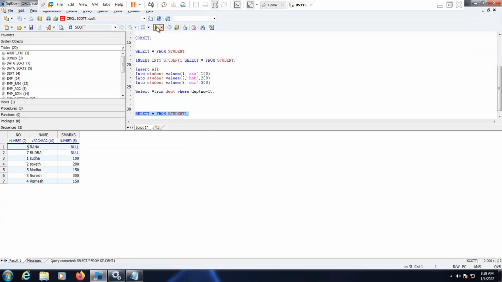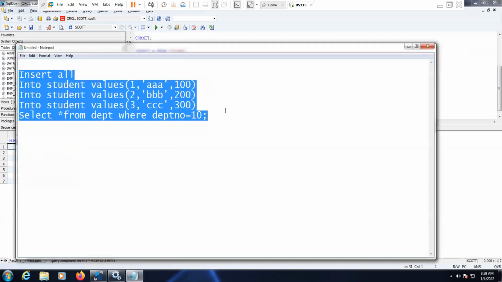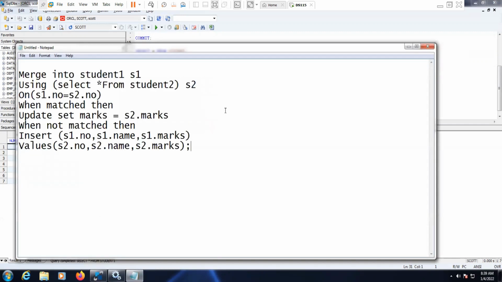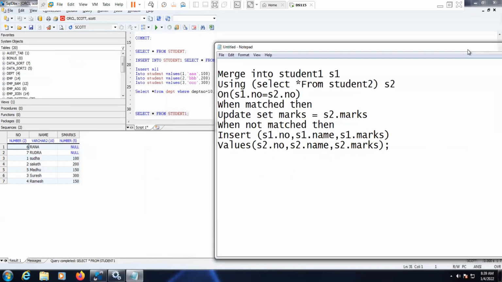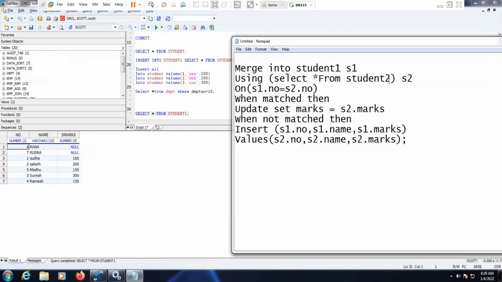Okay, so what you can do is, the student table is there. So I will consider the student 1 table as the first table, S1, and this one I will make the student table S2.